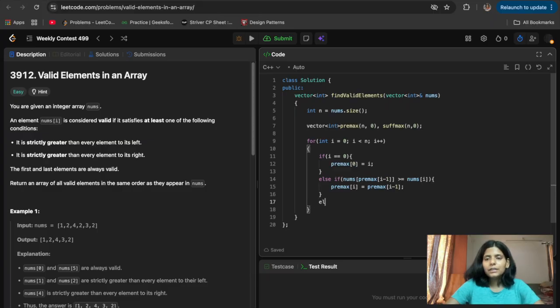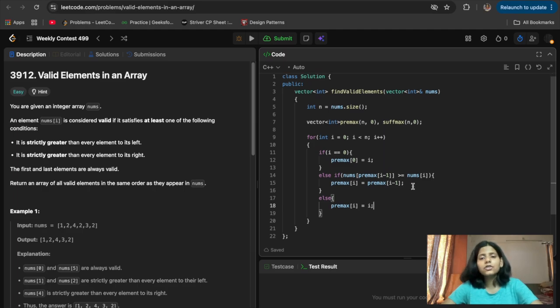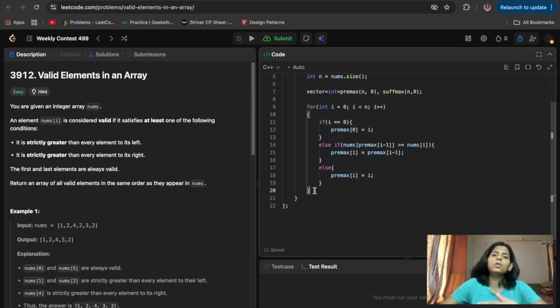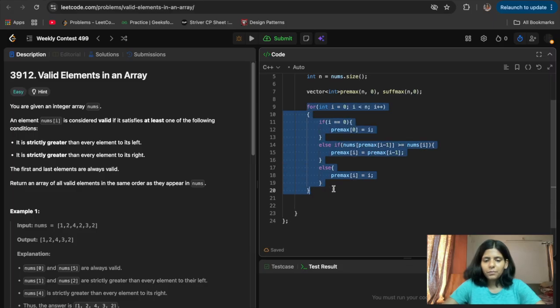Else it means my nums i is strictly greater than the nums which I found previously, so premax at i is equal to i. This index is strictly greater than all the leftmost greater ones I have found till now. I will do the same for the suffix max.